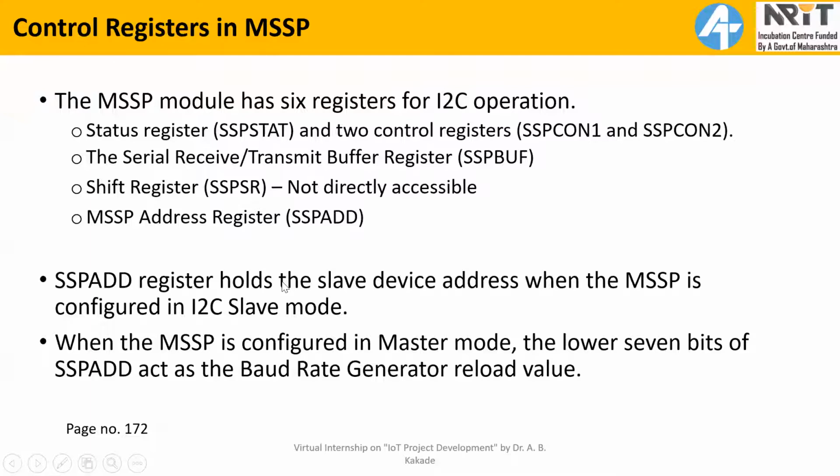For a microcontroller, it is possible to change the slave address if it is used as a slave device. But for peripheral devices sold in the market, we cannot change the address of the slave device. The address of the slave device is given in the data sheet. So we must go through the data sheet of the device that we have selected for implementation of I2C protocol. That slave device address is required while writing the code.